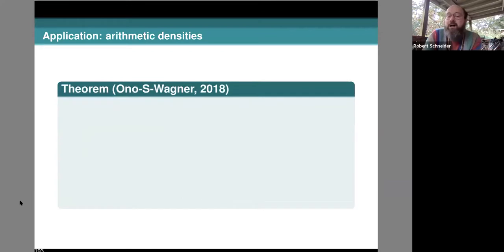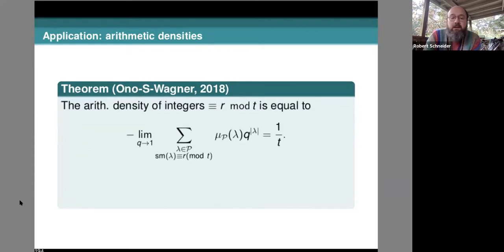Okay, so a couple of years ago, Ian and Ken and I wrote a paper following up on work of Eladi's. And we were able to make calculations like this. Here we have a sum over partitions whose smallest parts are in a particular subset. Here, the smallest parts are congruent to r mod t. This is the partition mu function. Here we have q to the size of the partition. We put a minus sign in front, that has to be there. It just works out that way.